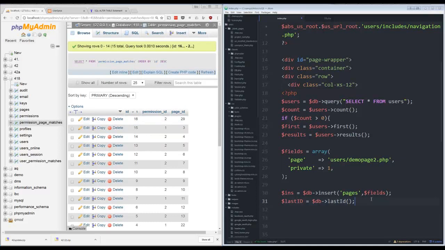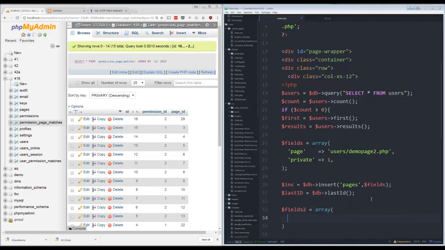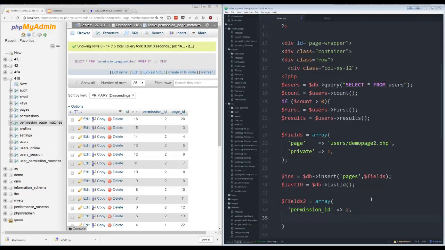So we're going to make another set of fields. We'll just call it fields 2 to distinguish, equals array. And then we want to put in the permission ID of 2, just so only an administrator could view this page. And then we want to put in that last ID. So page ID